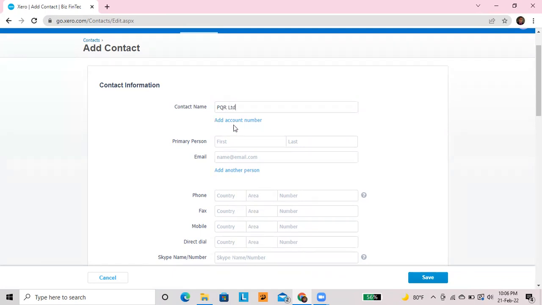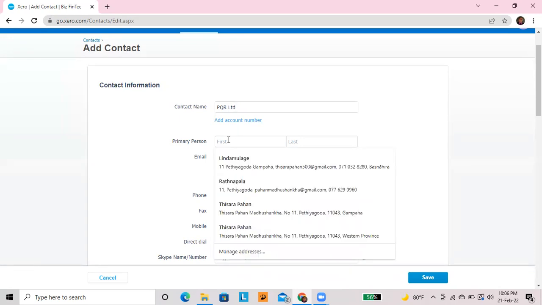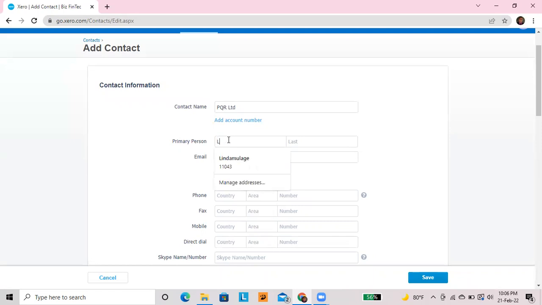These are hypothetical names. Within this customer's organization, there should be a primary person to whom we are communicating. Therefore, you have to add that primary person within this customer, because mainly we are dealing with some person in the organization. The primary person needs to be added here. So I will take it as Lisa Smith. Then you have to